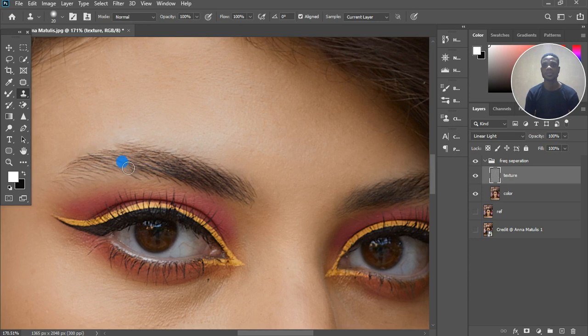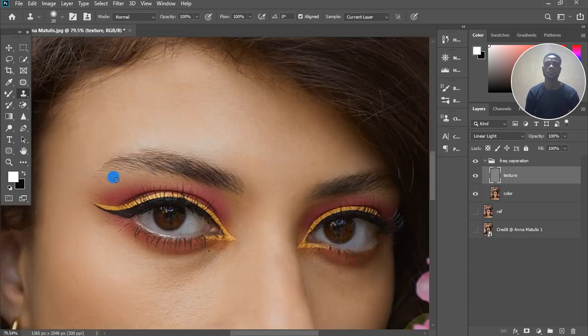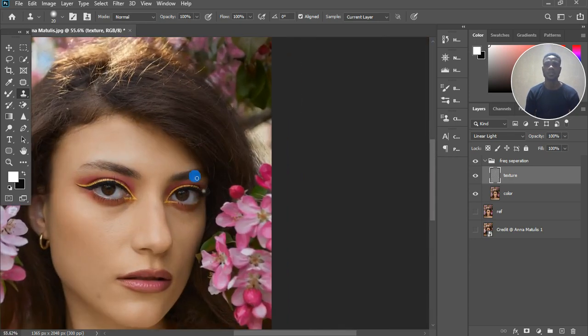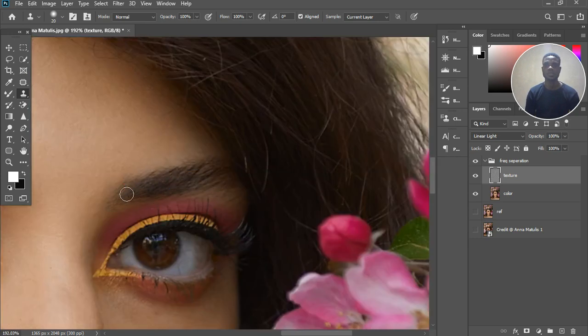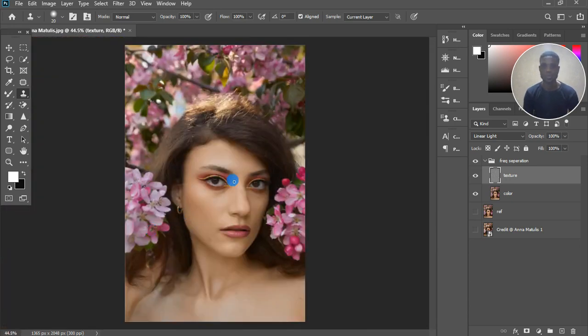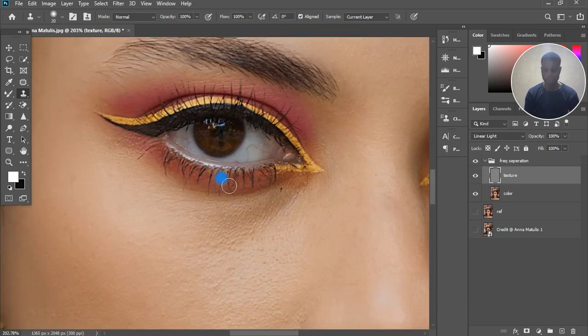Alt. Okay, now we have that, and this also just a little bit to the front. Okay, so we're good. You can also take some here and then fix it on our hair to make it much